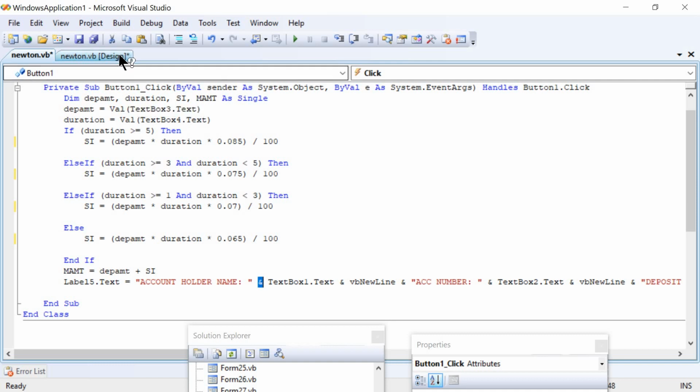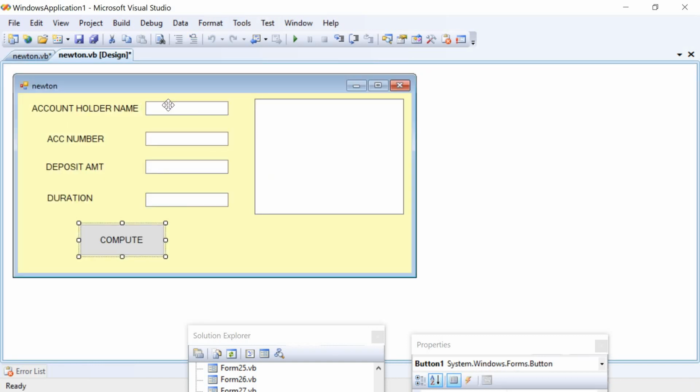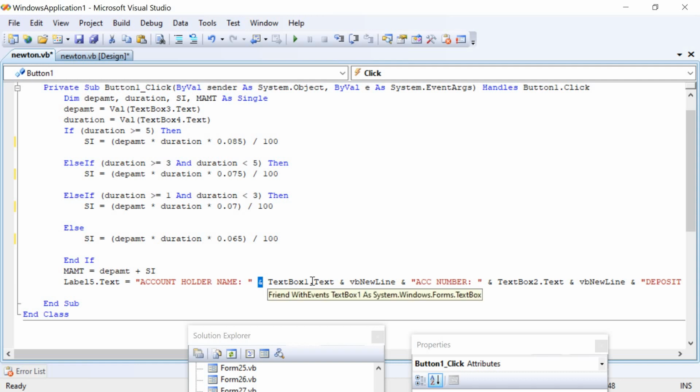As per the window design, account holder name is displayed in text box 1. Right? For that sake, it is taken with the text box 1 dot text property. Again, here comes ampersand. Next, we have the command VB new line. What is the use of this one?